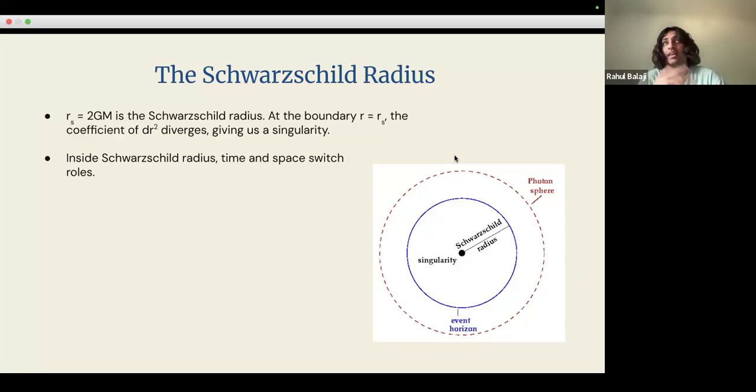A priori, you don't know this, but you'll need to look for whether it's just a remnant of the way the metric is expressed, or is it a true physical singularity? Turns out that r equals 2GM is a remnant of the way the coordinates are expressed. So if you actually want to get rid of this singularity, you do a bunch of transformations and you end up at something called the Kruskal-Szekeres coordinates,